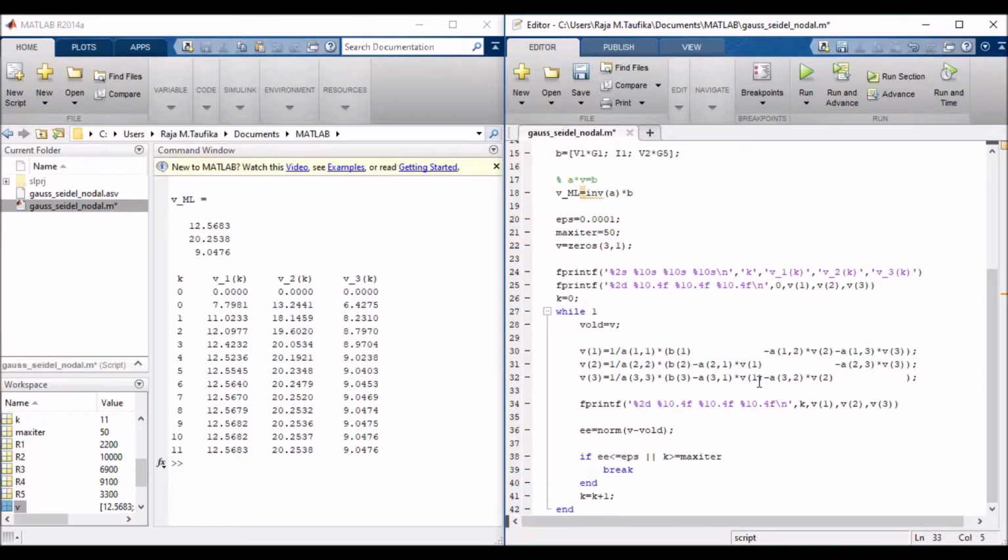By the way, this is in fact equal to B1 minus the first row of matrix A times V. The only exception is that the element A11 is set to 0. So can we do something in here? For example, if I introduce one matrix, let's say somewhere here, for example,